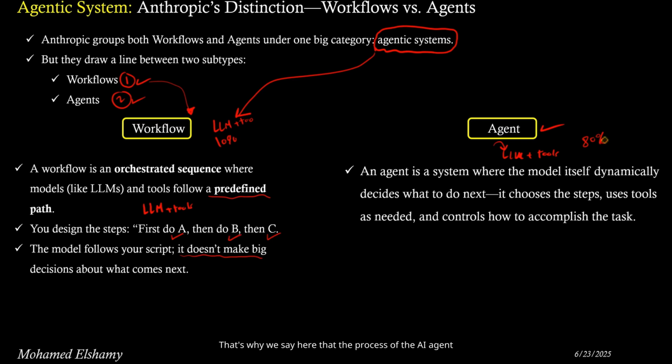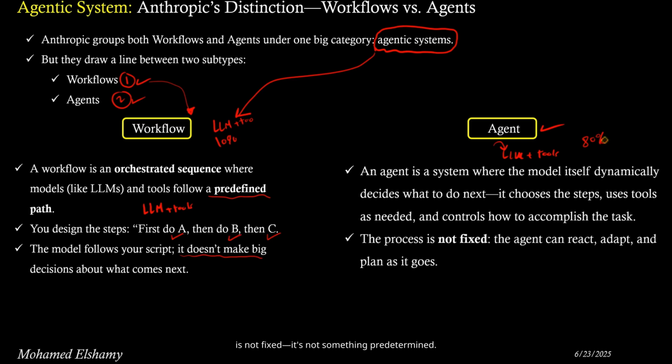That's why we say here that the process of the AI agent is not fixed. It's not something predetermined. You have a process, but you can't define exactly what it is. You don't know which path the LLM will take you down. So the agent interacts with its environment, then adjusts itself, and then makes a plan to figure out exactly where it needs to go to achieve your goal. All right,